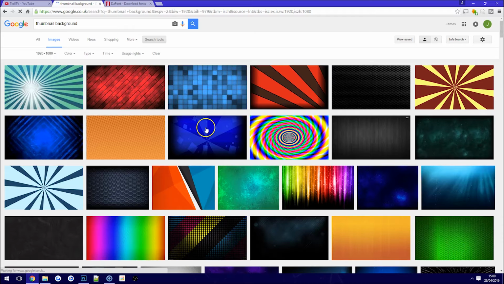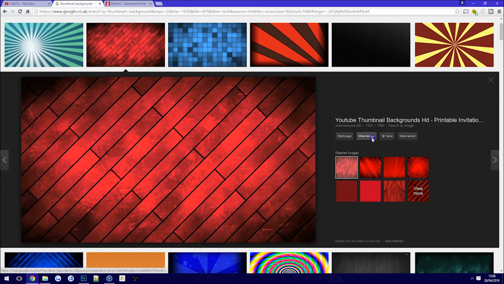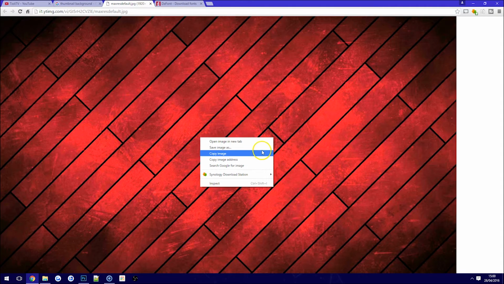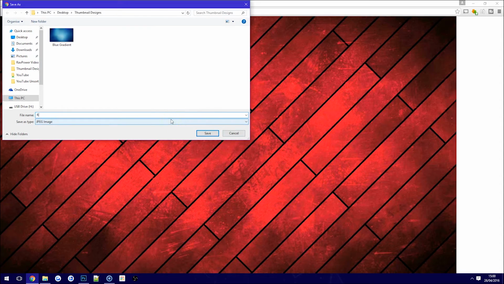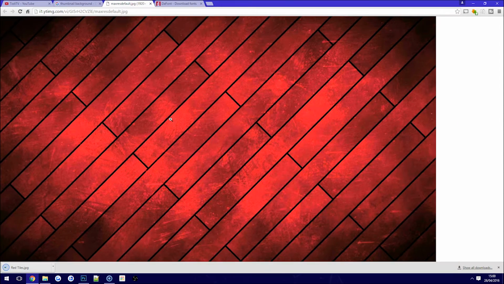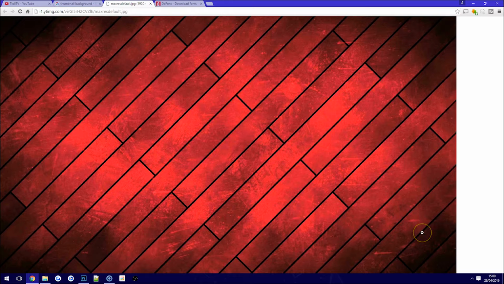That means every image that you look at is actually that size, so then you can literally click on the image and then click on view image, right click, save the image as whatever you want it to be. Let's just call this one red tiles, save that, and then there you go, you can use that in whichever editor that you're using. Today I'm going to be using Photoshop to show you guys how to do this,